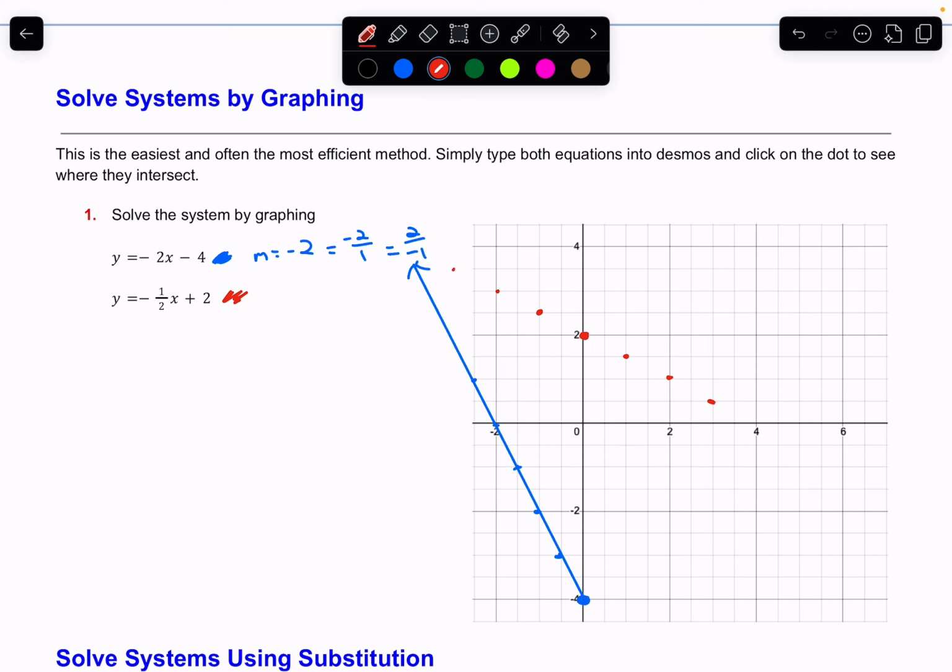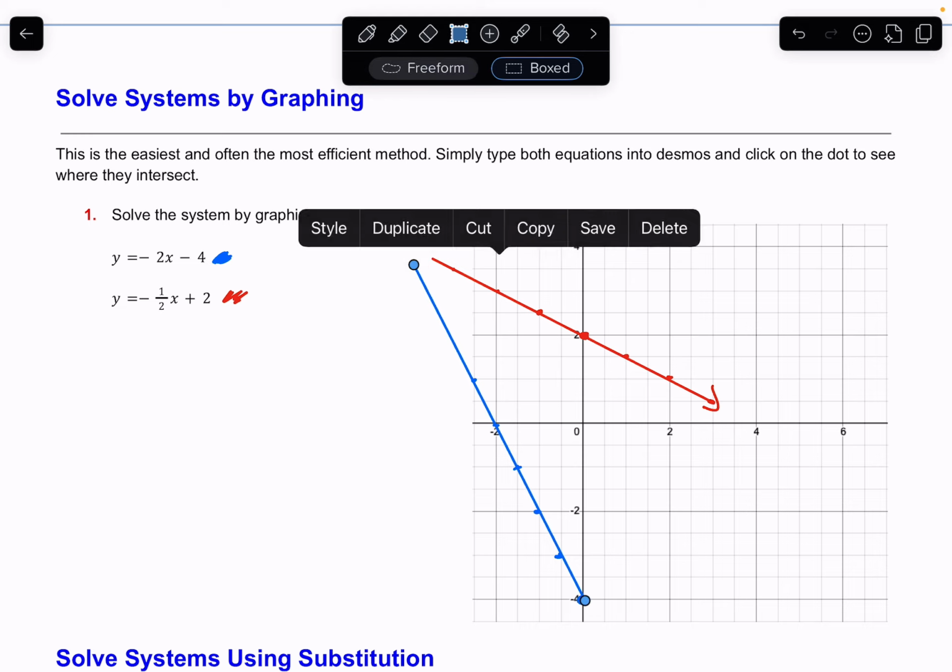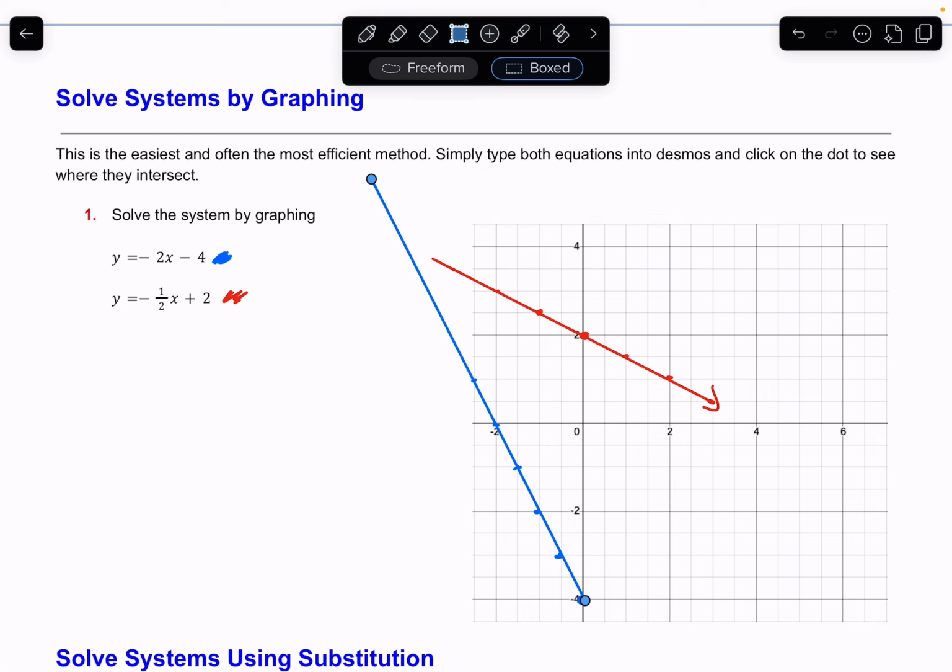And notice what happens. These lines are going to intersect, but I can't actually see the intersection because I ran out of space on my graph. What am I supposed to do with that? And so if I were to continue these lines, I would actually be able to see where they intersect. So if I get my scratch work out of the way here, if I continue these two lines, they will intersect at negative 4, 4. So if I keep this one going, and I keep this one going,